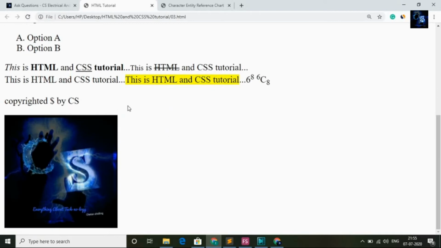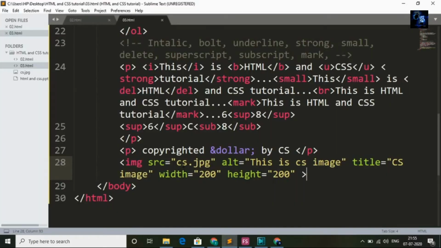Here you can see image. When I take pointer over the image, you can see cs image. This is because of title. If suppose your image does not load due to slow internet, I will make changes here. I will remove C. Okay, your image will not load now. Instead of image, this will be displayed.